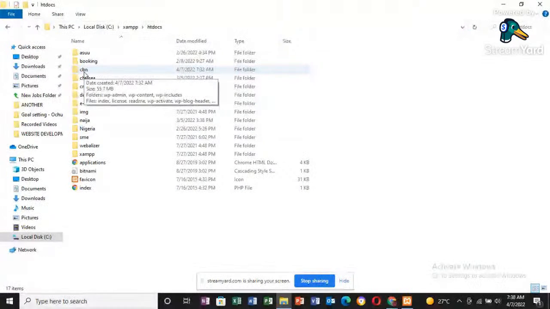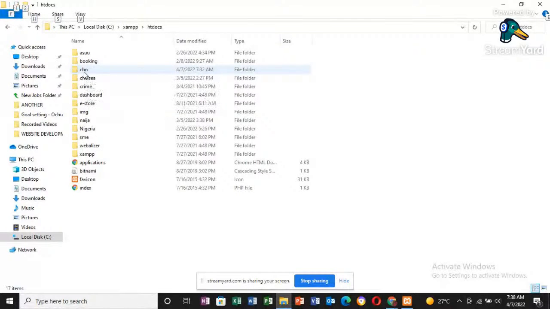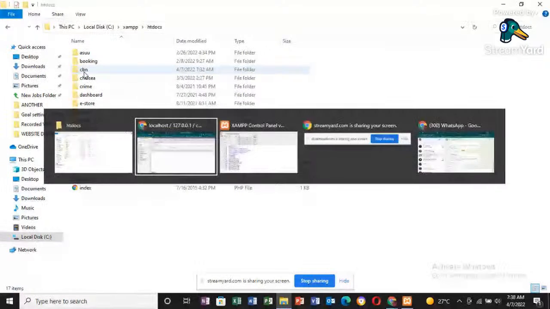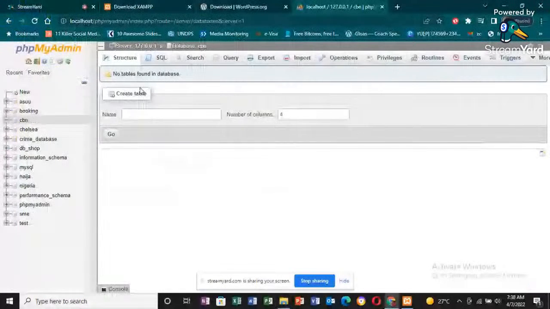So you need to be careful to have them be of the same letters, because when this one has a capital letter and this one doesn't, it will just clash. The database won't be able to discover both of them and integrate them properly. So that said, I've created a database name here. The next thing for us to do,